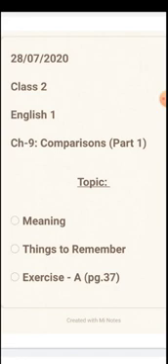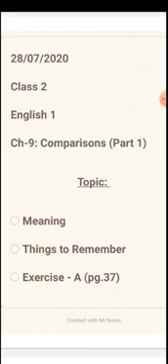Now we will learn more about these describing words, how to use them in our sentences, and to show the comparison.